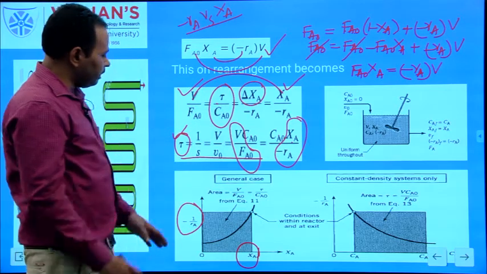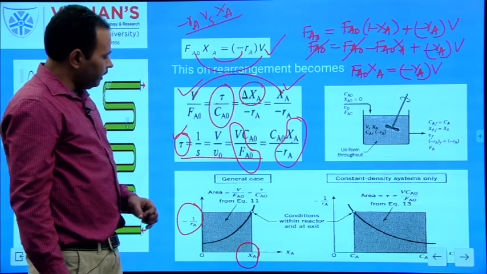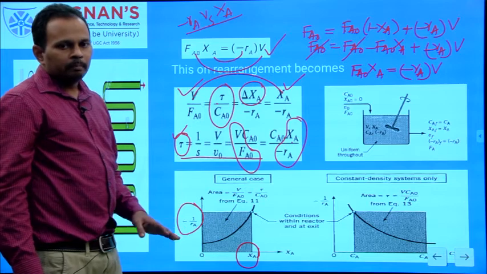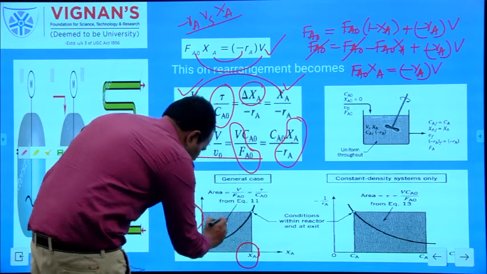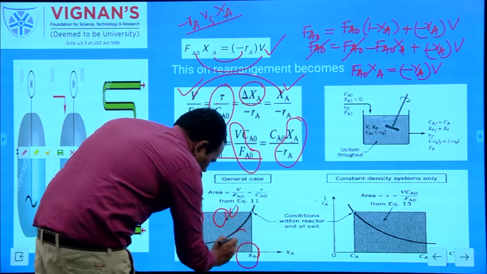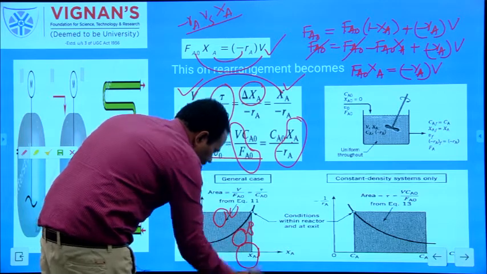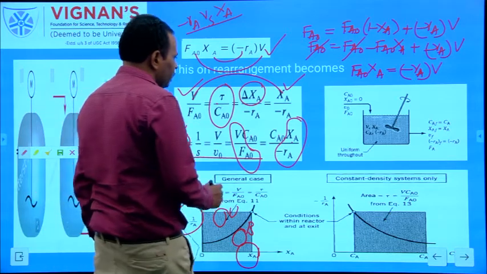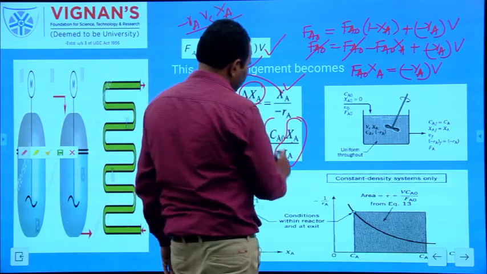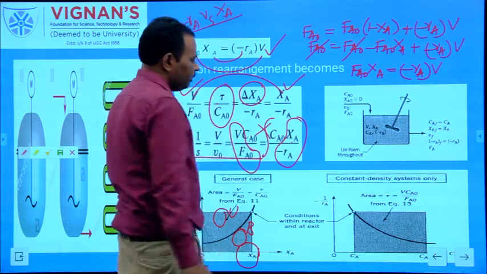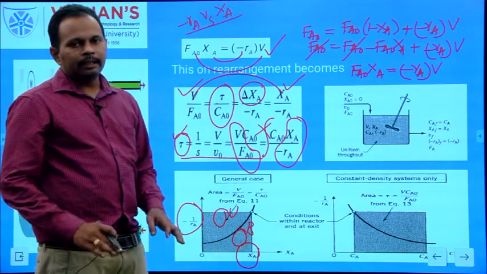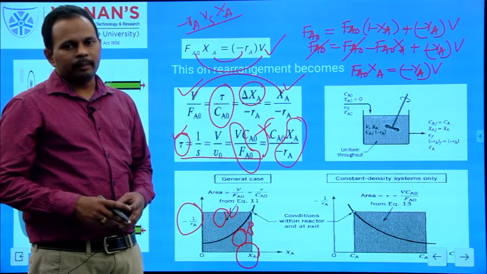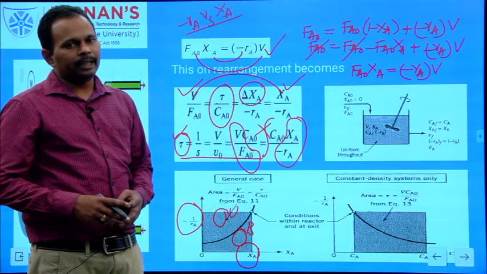When you plot the graph, earlier while calculating the area we took only the bottom portion of the graph. But here we are taking both portions, the upper portion and also the bottom portion. Why should we consider both? Earlier, on the right-hand side we had the integral. Now we don't have the integral. Whenever you don't have the integral on the right-hand side, when you calculate the area graphically, you need to consider both the upper and bottom portions.